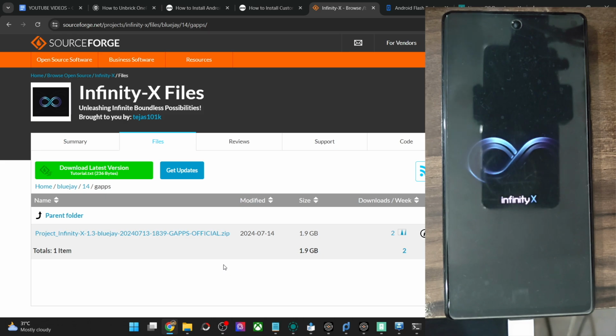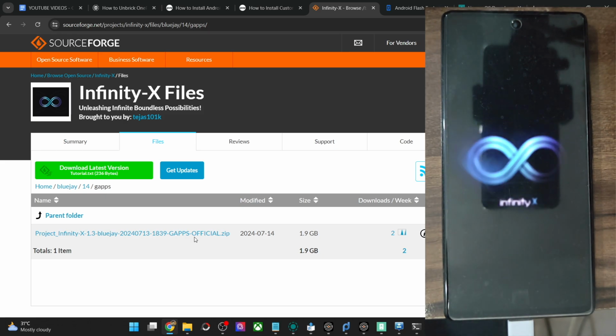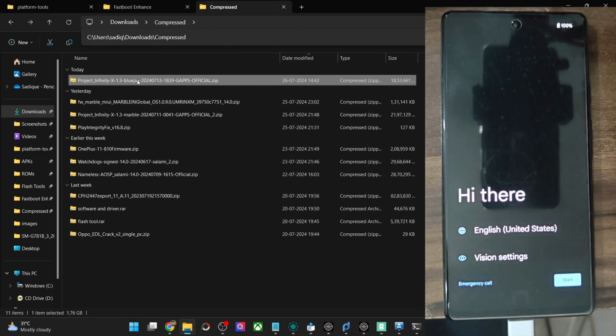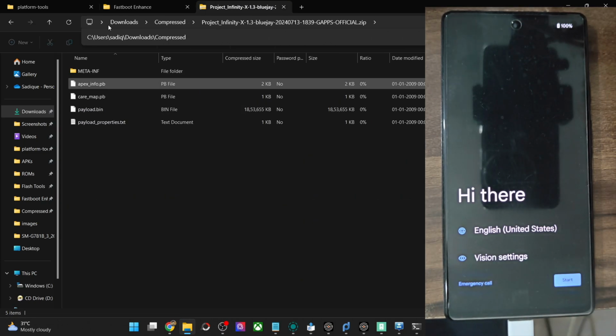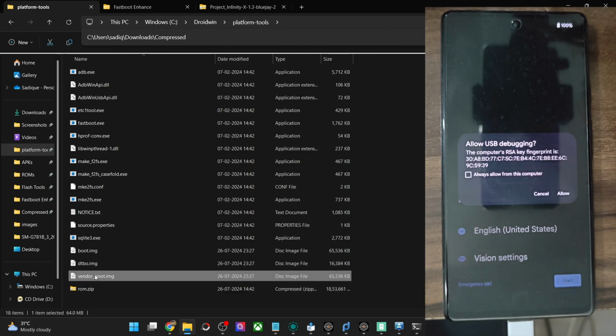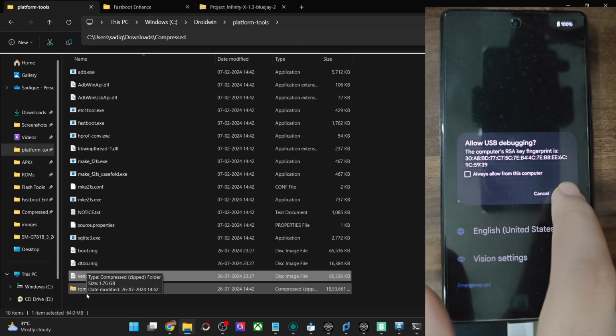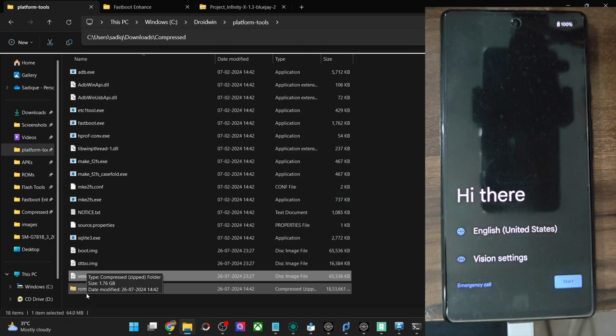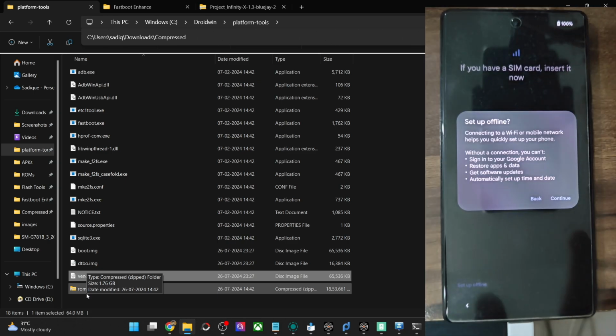So for those phones, you just have to extract the zip file. You will get a payload.bin file inside that. Extract the payload.bin file, get hold of the boot, vendor boot and DTBO, then flash all these 3 files in fastboot mode, and then flash the ROM file via the AOSP recovery using the ADB sideload method. And with this, as you could see, we are now inside the ROM. You must set up the ROM and get the job done.